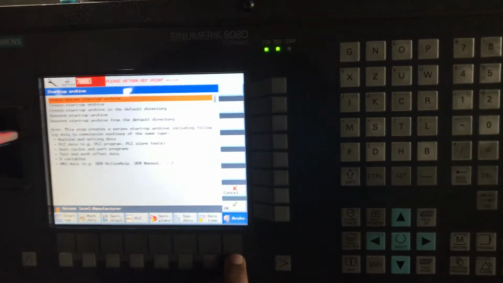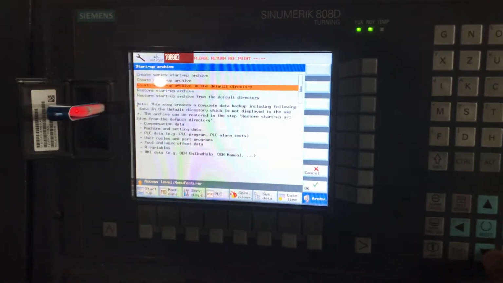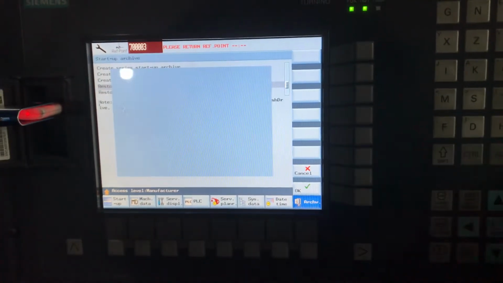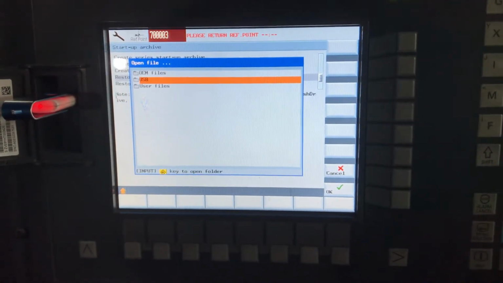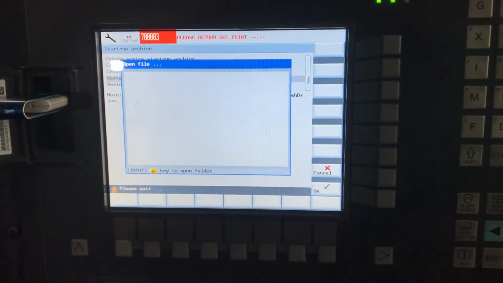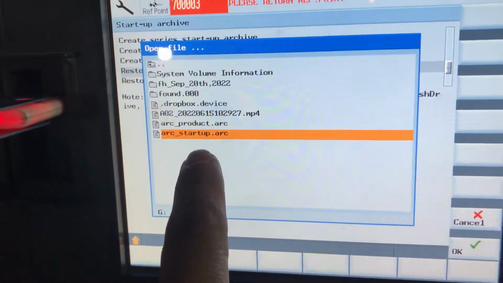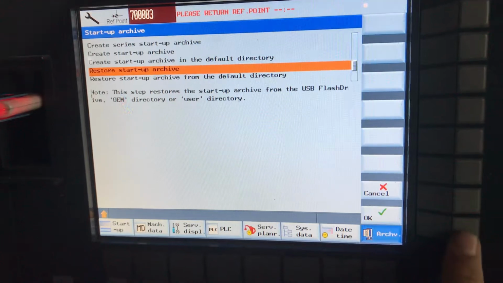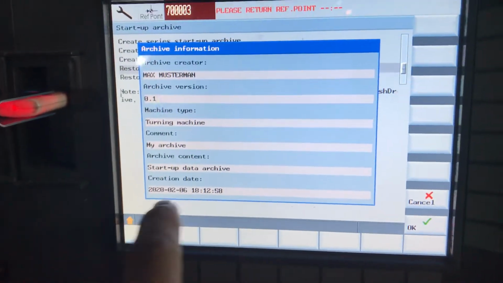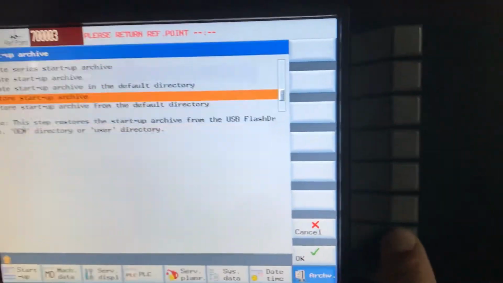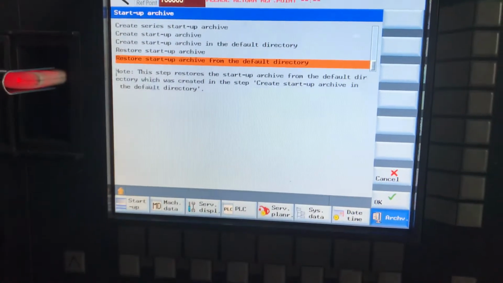Now I am following arcade, restore startup archive, using the USB. I am using this Arc startup program. So this is the last version that I am using from the program. But even now I have tried for the option for the